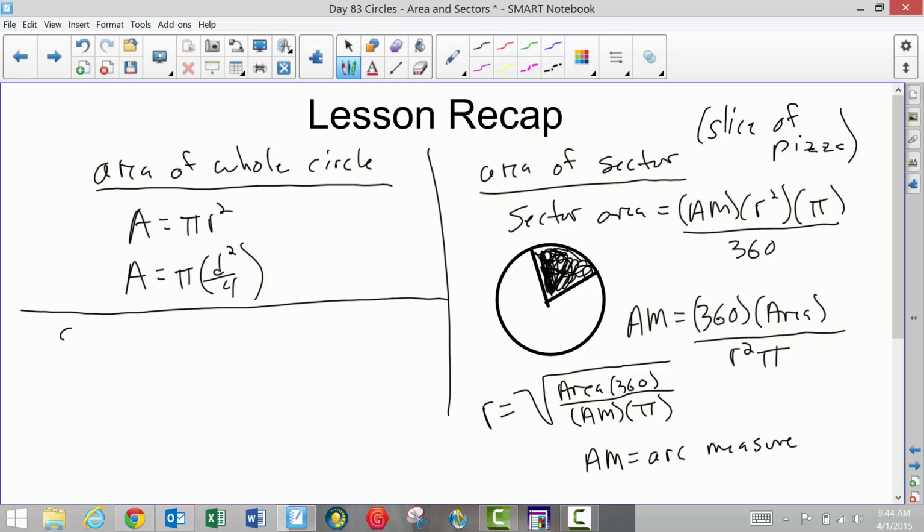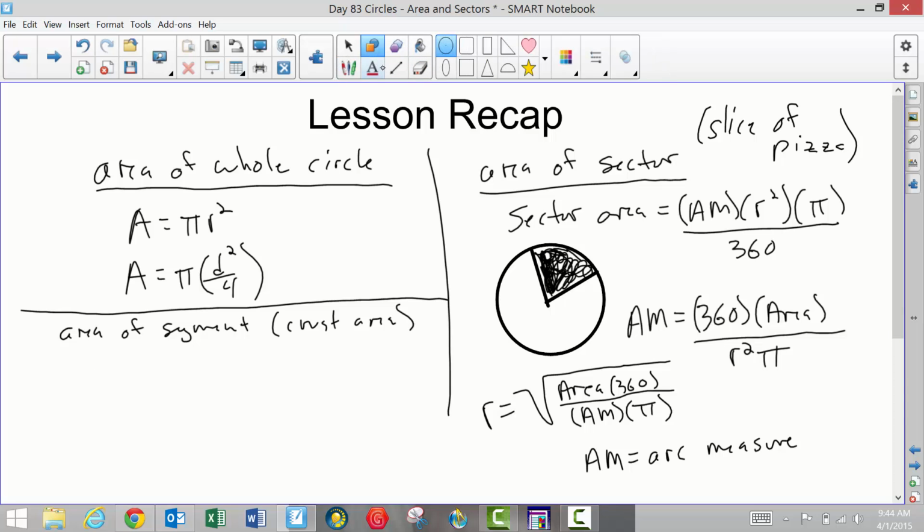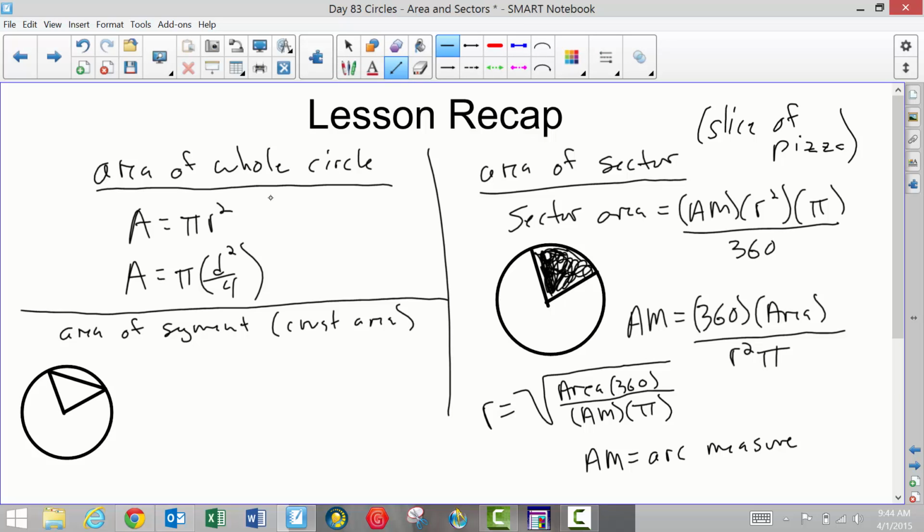And then you have your area of segment. So this is your crust area. If you have your pizza slice and you just want the area of the crust, here's how you find area of a segment. I will do a little visual for you. You have a circle, and you want the area that's shaded. There's your segment. So this area is going to equal your arc measure times r squared times 3.14